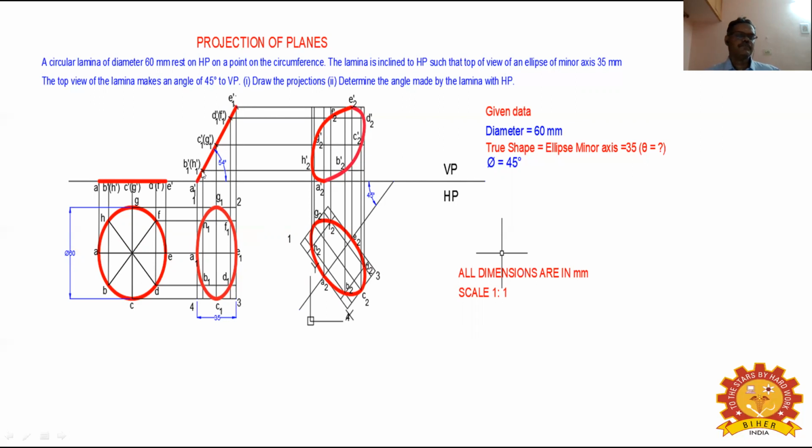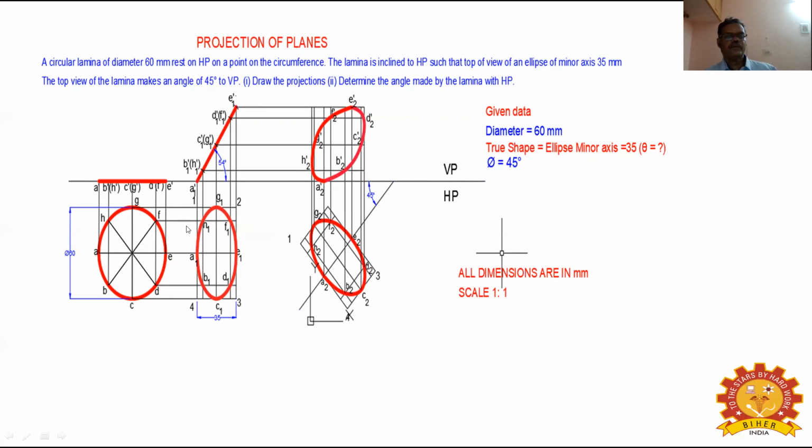In the previous sum, the theta angle was given, but here the theta angle is not given. Therefore, you have to draw the outer box 1, 2, 3, 4 with the major diameter as 60 mm and minor diameter as 35 mm. From 2, draw a vertical line. From A1 dash as center, cut an arc, mark as E1 dash. Similarly, you have to transfer all these points to the inclined line, and from E1 dash, D1 dash, C1 dash, B1 dash, draw a vertical line.